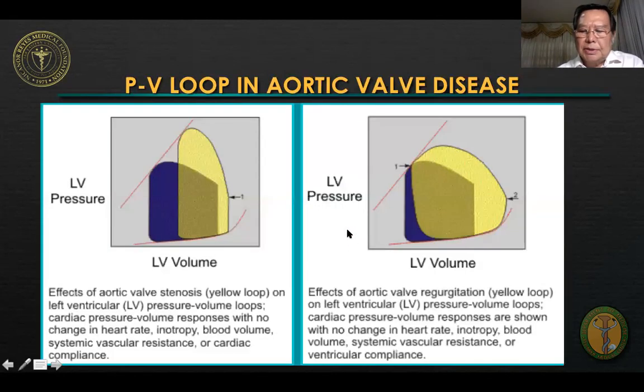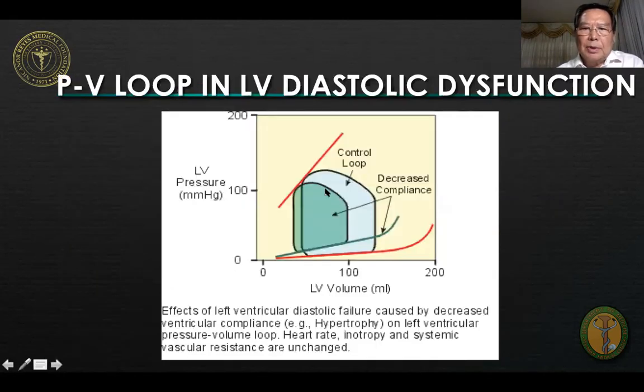And this is our pressure volume loop in patients with left ventricular diastolic dysfunction. You would note that if you look at your pressure inside the left ventricle, if this is the normal EDP or diastolic pressure, in patients with, say, LV dysfunction, the diastolic pressure is